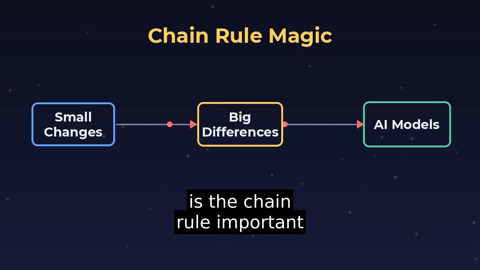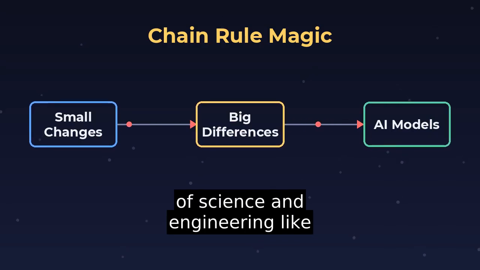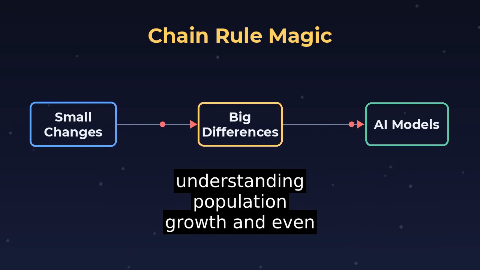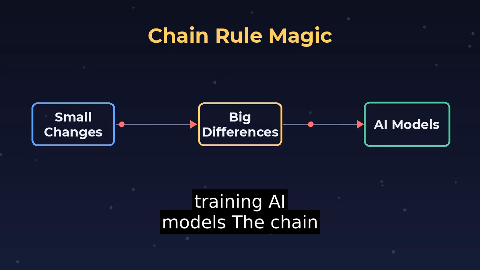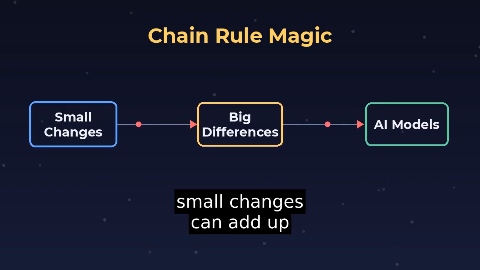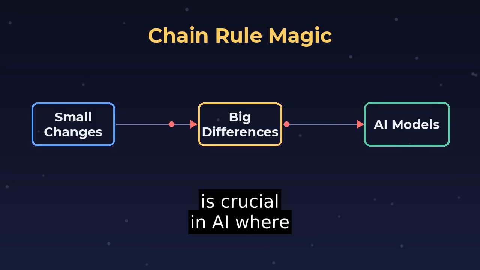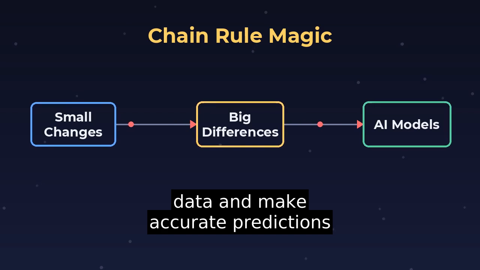So, why is the chain rule important? It's used in many areas of science and engineering, like predicting the motion of objects, understanding population growth, and even training AI models. The chain rule helps us understand how small changes can add up to make big differences. This is crucial in AI, where we need to train models that can adapt to new data and make accurate